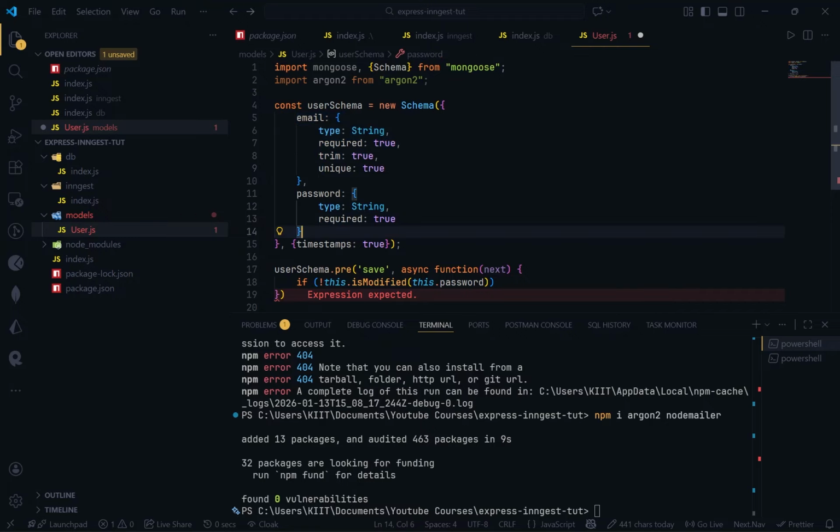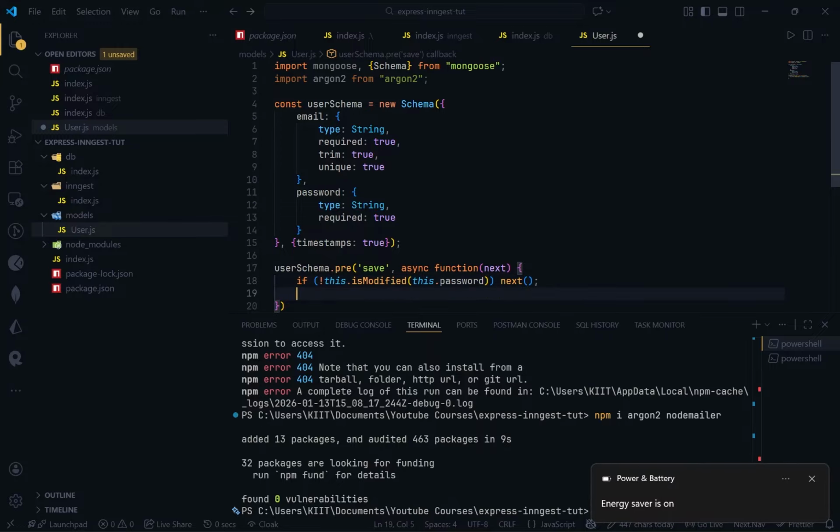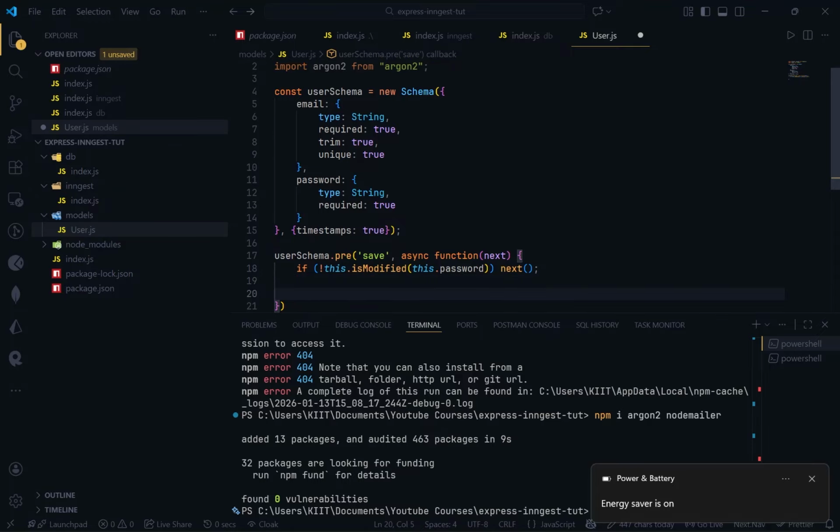I don't want that behavior. I want that whenever a user particularly changes the password, it should rehash the new password and store it. So here I'll go ahead and run the next middleware, whatever is the next hook or next method. Run that, or else what you should do is